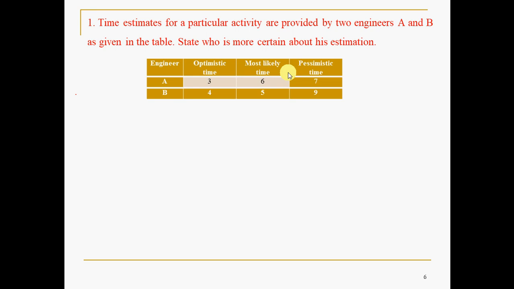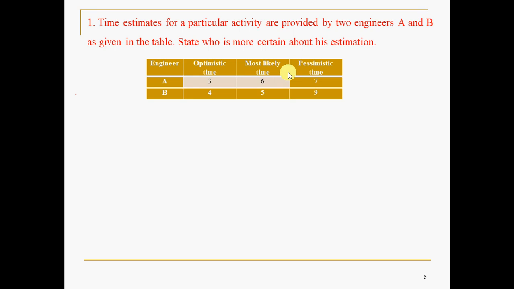Okay, let us think logically, being an engineer, or a person who knows statistics or operations research or whatever it is. What is the meaning of certain or consistent? According to statistics, if the variance is less, the data is more consistent. I'll repeat, if the variance is less, the data is more consistent.